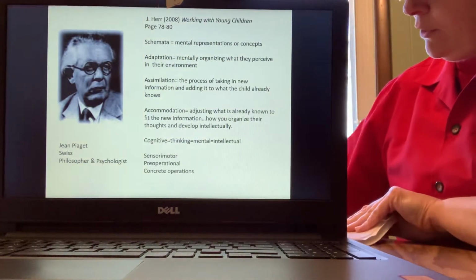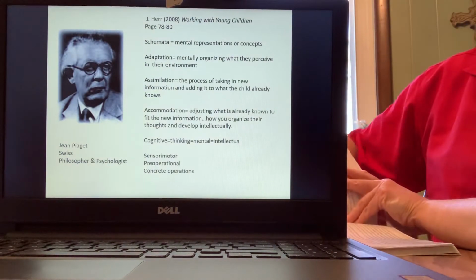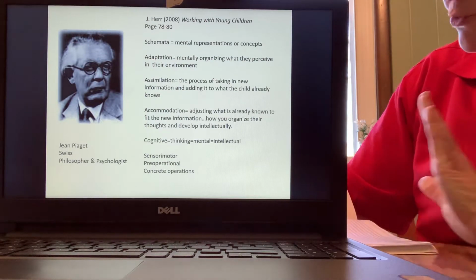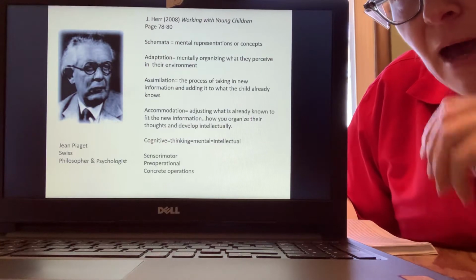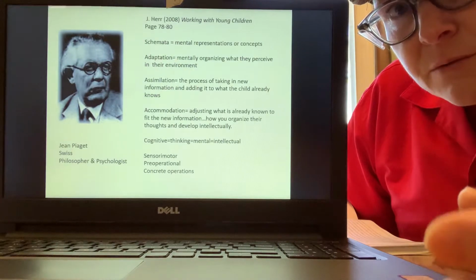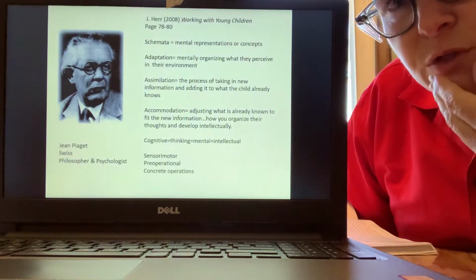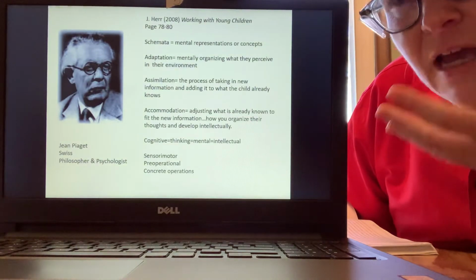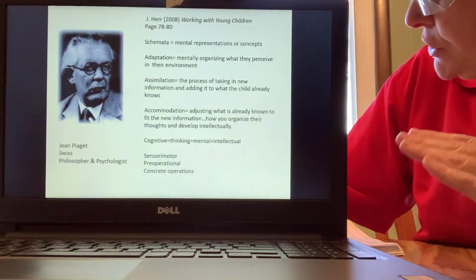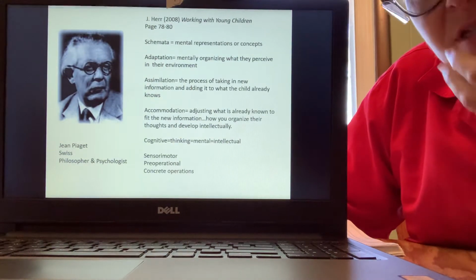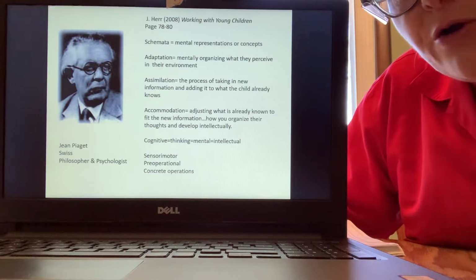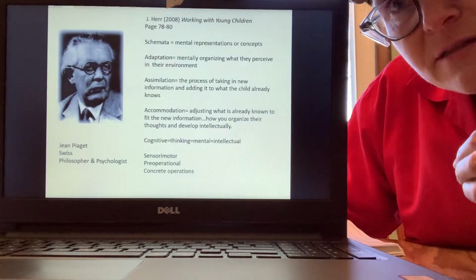So I'm just going to give you a little bit of information on those. The sensory motor is birth to 2 years. Knowledge develops through sensory and motor ability. So let's think about our infants. What do our infants do? Everything sensory, right? They use their senses, but everything goes to their mouth, right? They taste and touch with their mouth more than anything else when they're first born. So they need to be interacting with safe things that they can be putting up to their mouth. We know this. So we have to make sure they don't have small pieces and that things are safe for them to do so.